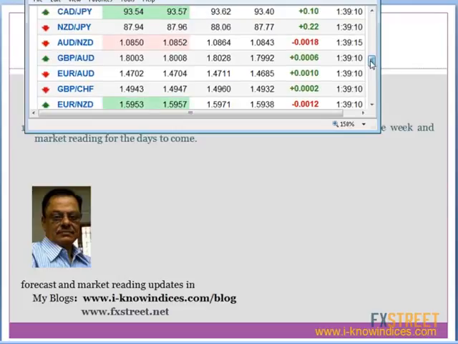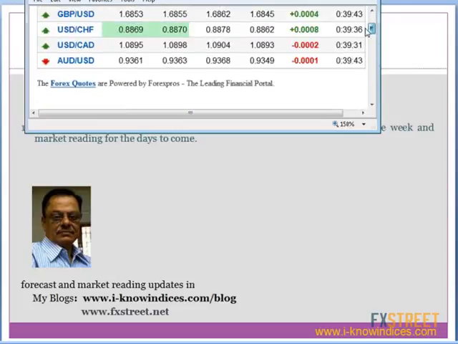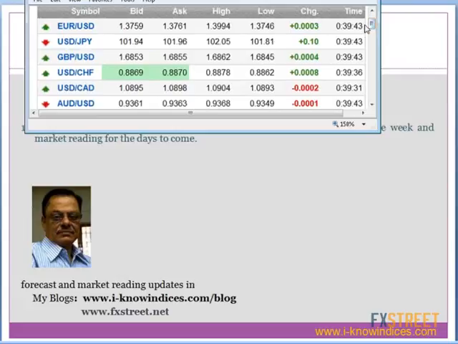They only make the moves in the case of the majors. They don't make any specific moves in the case of crosses. They make only big moves in the case of majors. And since they handle only two currencies at a given time, you find suddenly some crosses showing some activities. Sorry, I will not be able to open the chart at the moment because it's already time up.